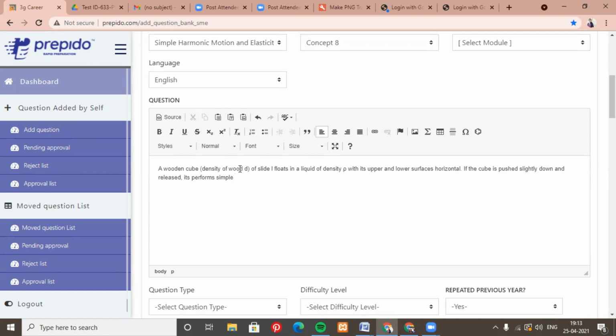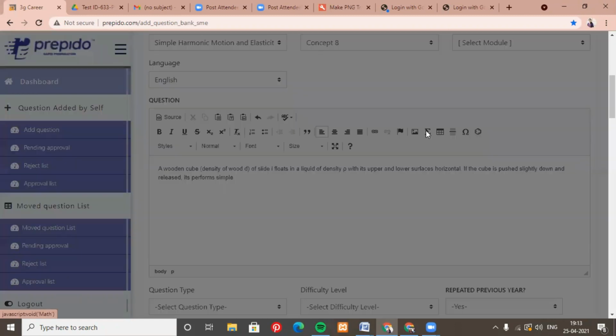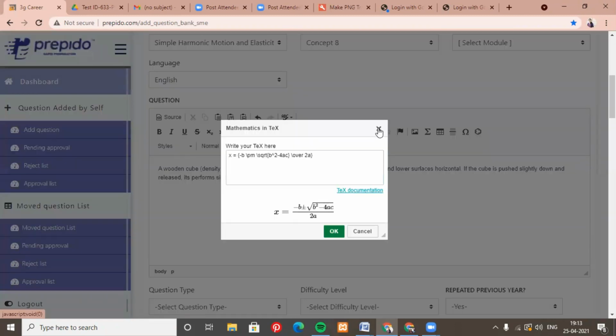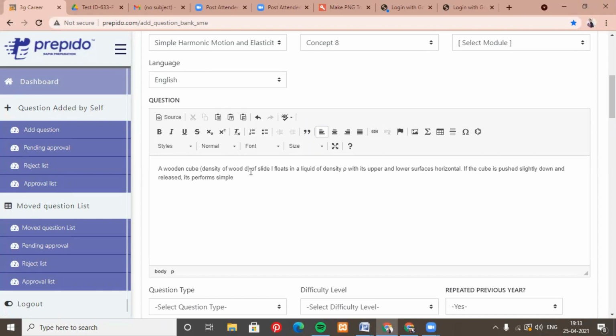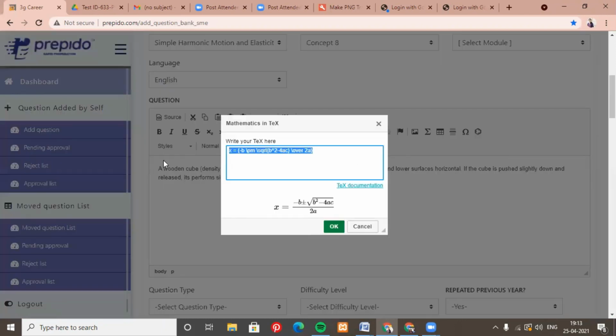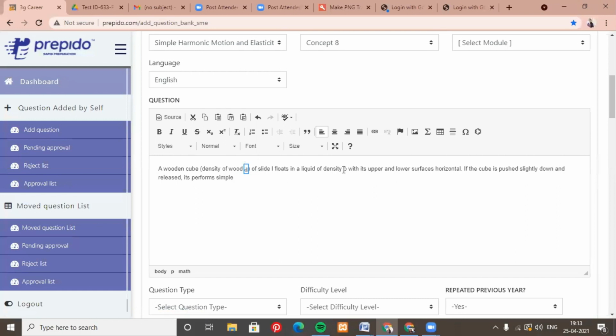So here we have a variable. You need to use the math tool, which is given here, for the variables, equations, and other maths related things. So here D is a variable. So we use the math tool to type the variable, and you need to add /rm so that it is entered in Roman font. Okay. Sadhana, similarly, 1 second.